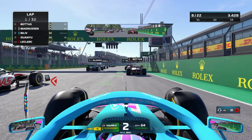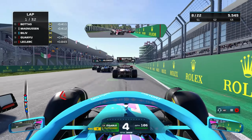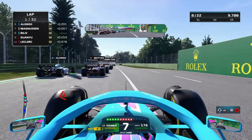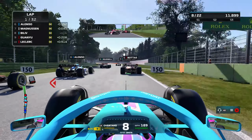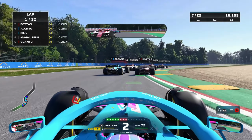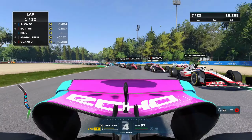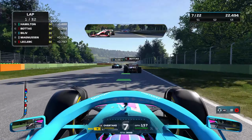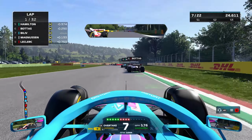And I have got a really good start here. I've already got past Magnussen, I think. Or have I? He's sticking with me. I think I've just got past him, though. Oh, no, he's come back at me, actually. Hopefully no incidents in turn 1. I thought I was going to end up in the back of Bottas, then I thought I'd misjudged that, but I just didn't. And I've had a good exit out of that corner, so I'm already in 7th, but Magnussen's